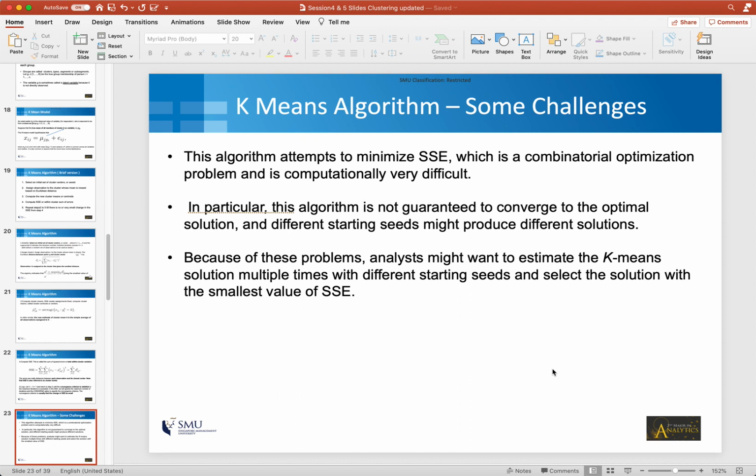What it also means, as a negative of the algorithm, is that the algorithm does not guarantee the same solution. Depending on your initial seeds or how your random observations were, the algorithm can give you a different optimal solution each time.